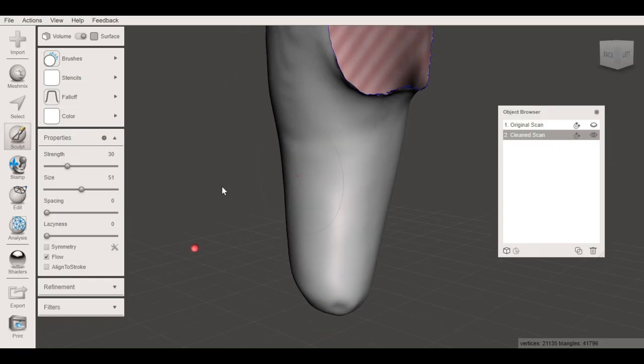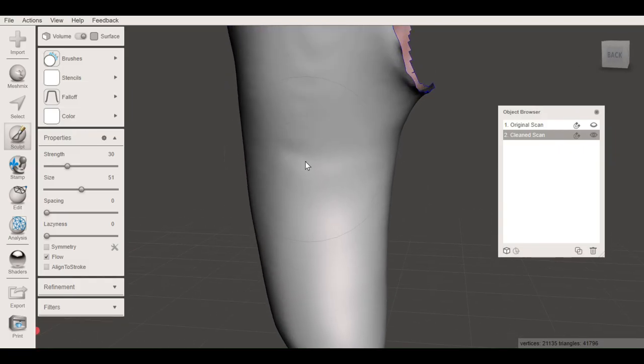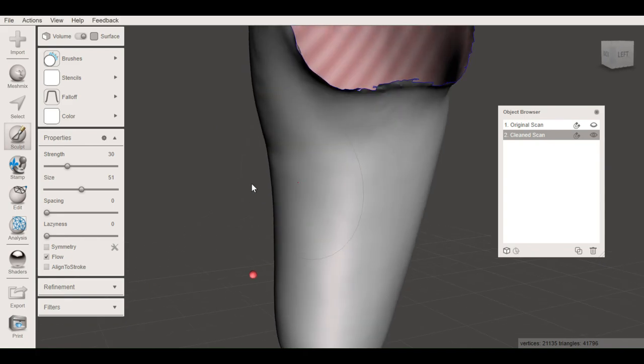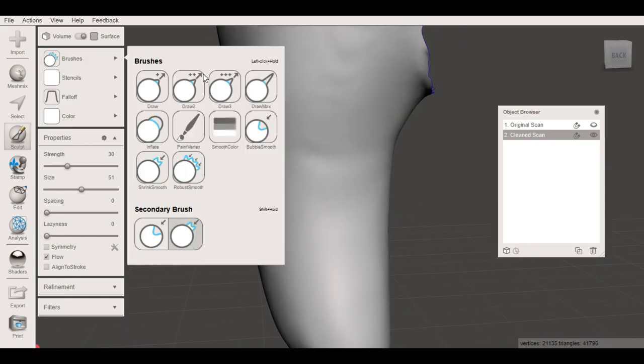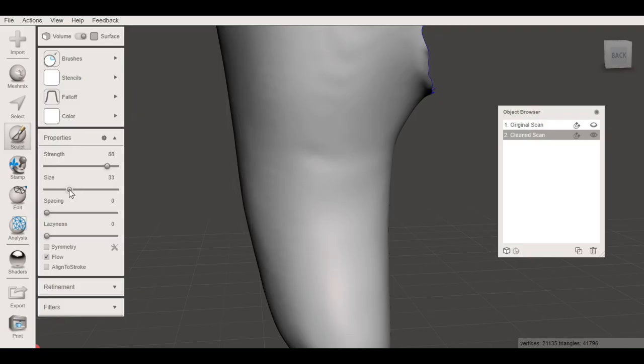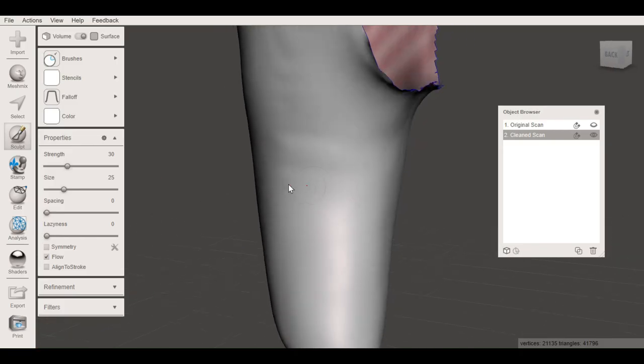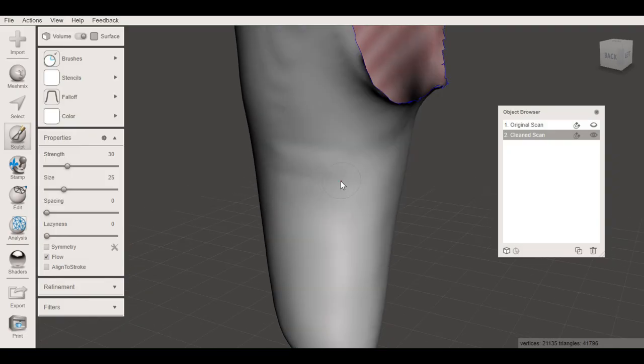Now, if I believe that there is a small divot here that really shouldn't be there, we'll go back to bubble smooth again, decrease the size and strength, and if that was too much, we can just hit Control Z and undo, decrease the strength even more, and fill in that small void,